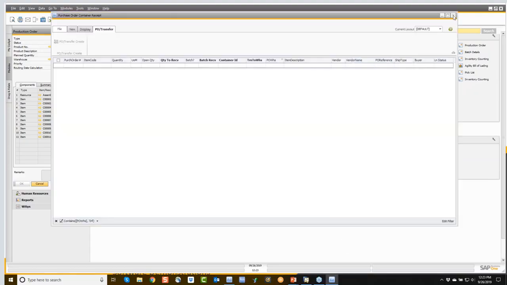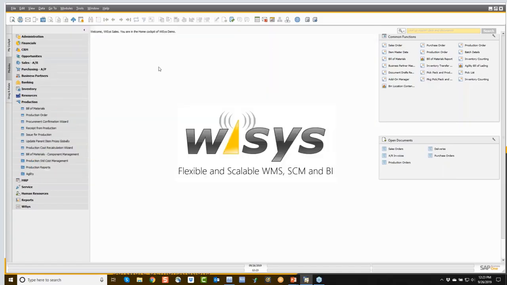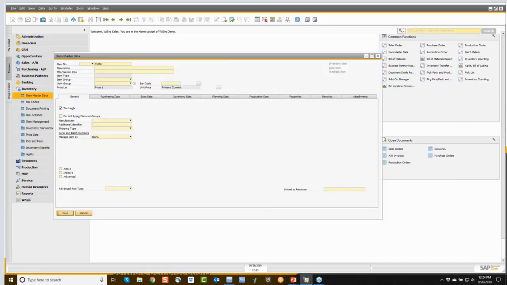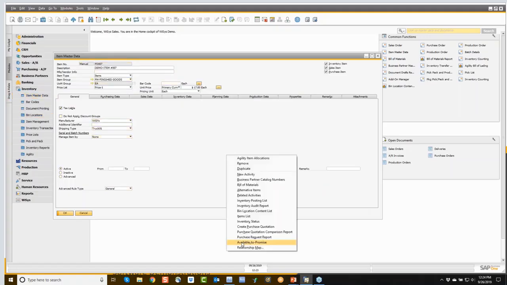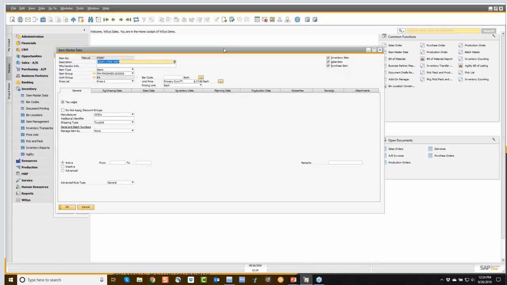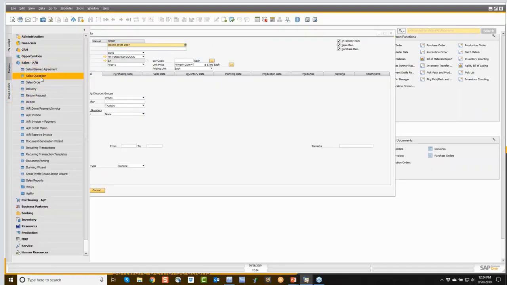One of the other modules that we're working on right now is to do inventory allocations. So in standard Business One you have your inventory availability, which we all work with and we all know, available to promise, or inventory availability depends on where you call it from, where the system is taking your supplies and demands and showing them to you here. What we wanted to be able to do is take it one step further and start allocating supplies and demands. So an example, if I'm looking at a sales order,